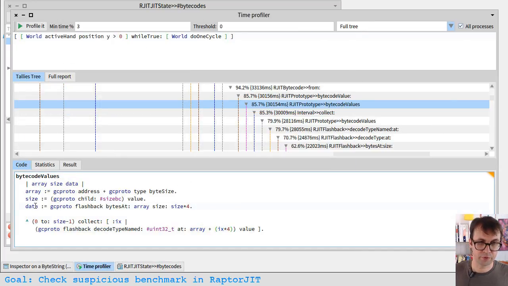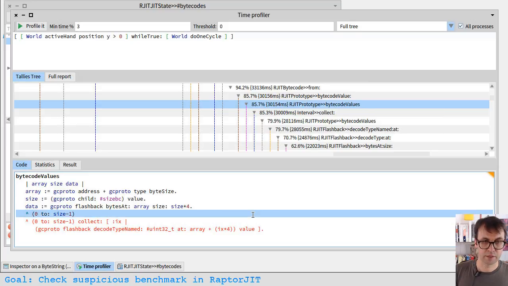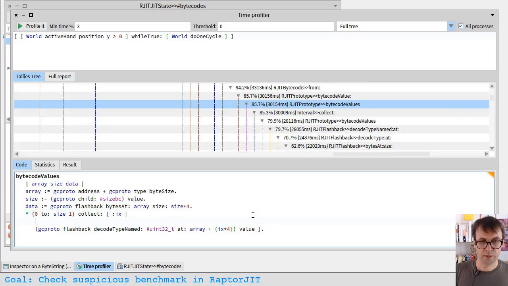So anyway, we've got this data which is going to be a byte array, and we want to turn that into a collection of 32-bit numbers. So we'll do a loop here, but instead of on each iteration going into the C heap, we'll go into this local array, and it should be a lot faster, I would imagine. So we keep that line exactly as it was, and just when we collect things, we're instead going to collect data unsigned long at